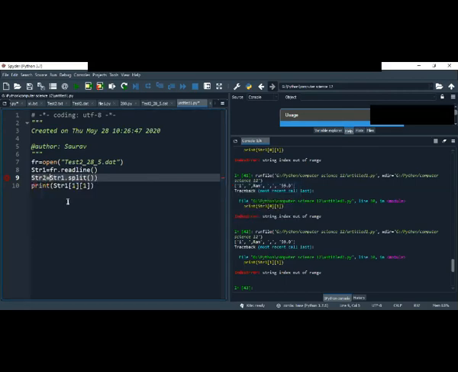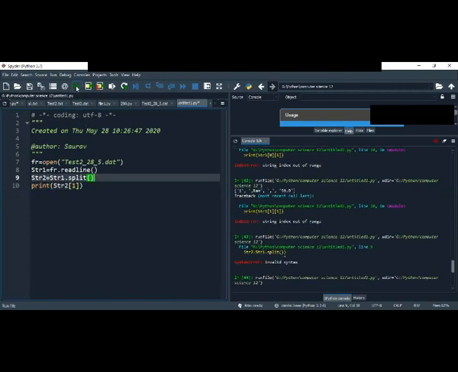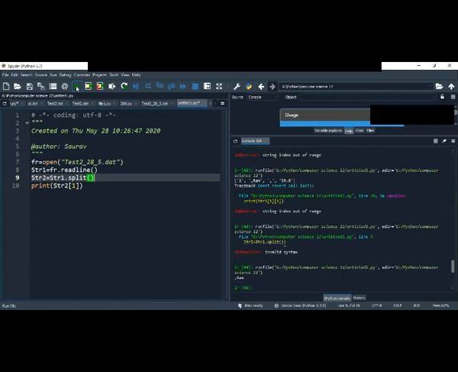str2 equal to, and here I'm writing 2. Okay, one more is there. There is an error here. See, now am I getting the first name Ram?